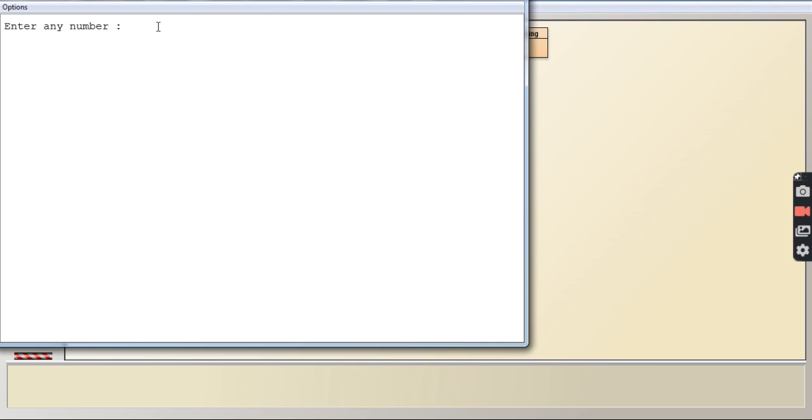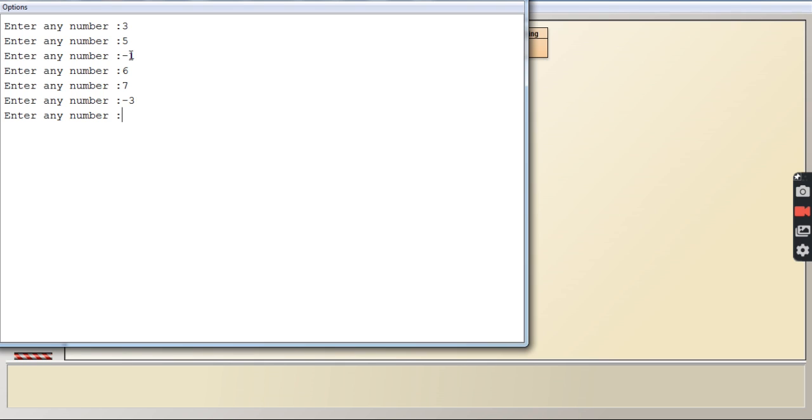So it is asking you to enter any number. Now we have entered 3, I've entered 5, I've entered -1, I've entered 6, I've entered 7, again I'm entering -3 this time, again I'm entering 4, and this time I'm entering 0.